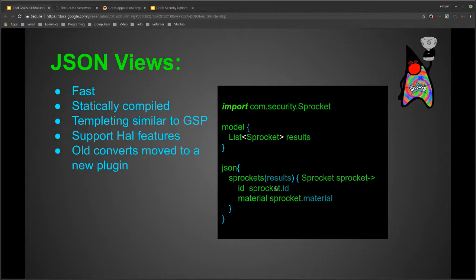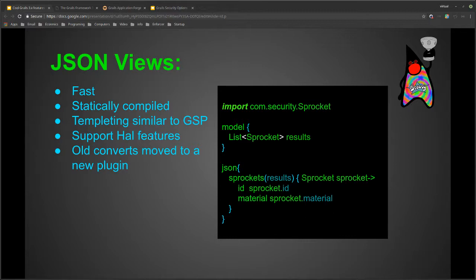Basically, if you set it up with this type of syntax, I'm taking sprocket, which is just the name of it, which is the name of the key within the JSON, and I'm pushing in the results here, and it'll iterate over these, and basically these will be the keys. So I have an ID, which is the sprocket ID, and the material, which is the sprocket's material. So that's one thing I found which is a little nice that I didn't find easily in the documentation, which I should probably add to the documentation, because anyone here can go there and submit a pull request and add to it, which is something that is probably a good thing to mention.